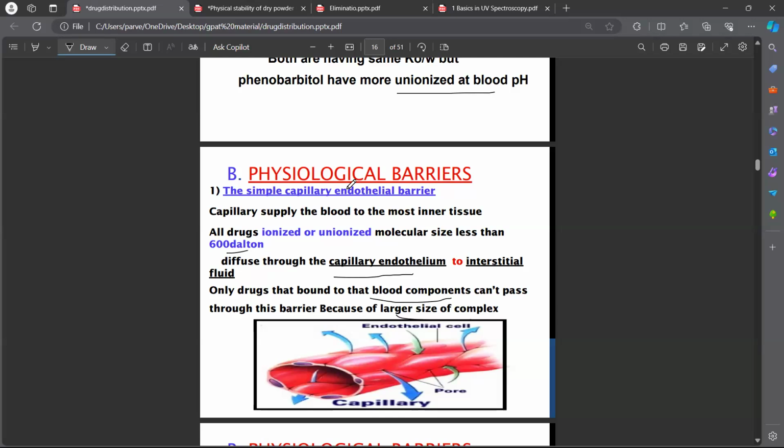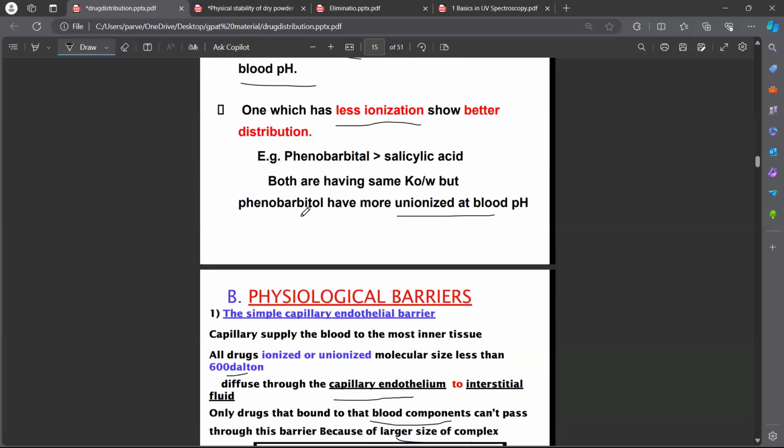Basically, for the drug bound to the plasma protein, due to its larger molecular weight, the enzymes cannot metabolize the drug, and also through GFR, which is nothing but the